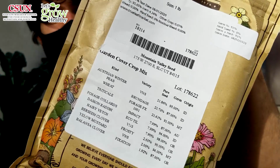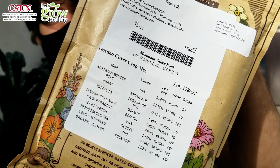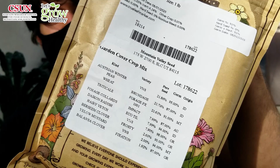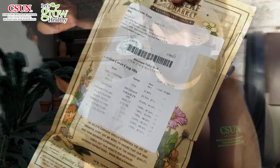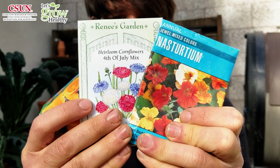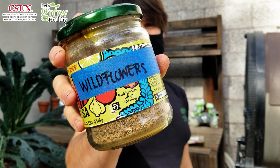We purchased this mix online. As you can see, there's a number of different kinds of seeds in the bag, 9 in total for this particular mix. The legumes in this mix have already been pre-treated with the bacteria they need to fix nitrogen, but in some cases you may need to purchase an inoculum of these bacteria and treat the seeds yourself. In addition to the cover crop mix, I will be mixing in a small portion of flower seeds. This is a totally optional step, but these flowers will further increase the diversity of our cover crop and attract